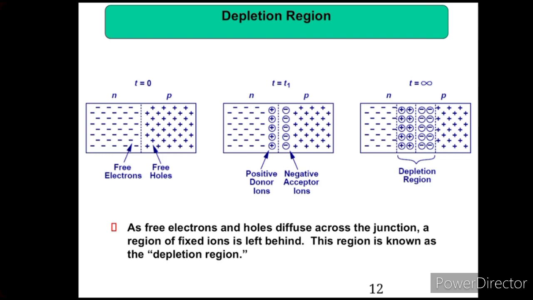So next, what is the depletion region? That can be explained in this slide or picture. First is the equilibrium position, when n-type material and p-type material are connected to each other. The free electrons and free holes are attracted to the opposite polarity, and they change position from p-type to n-type and n-type to p-type.